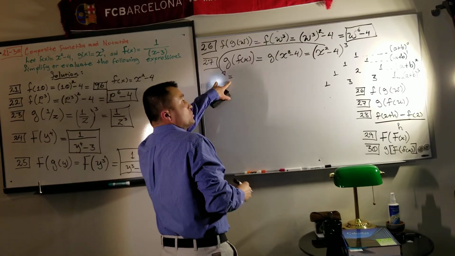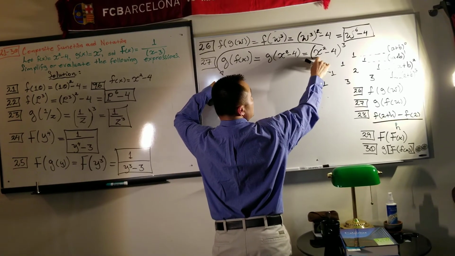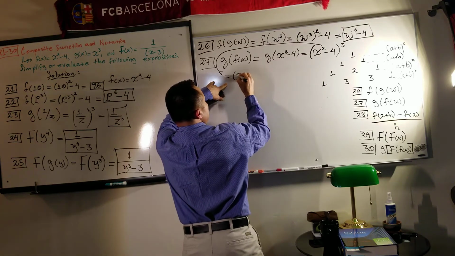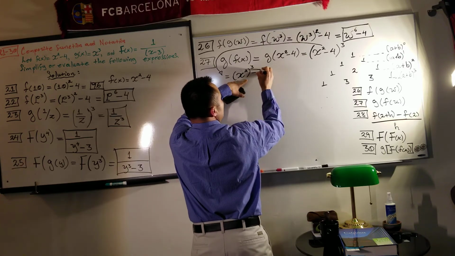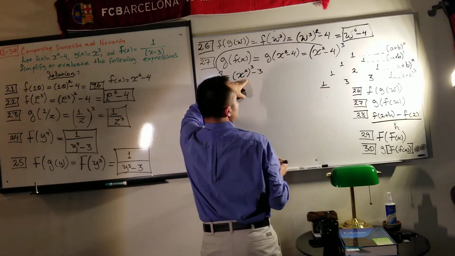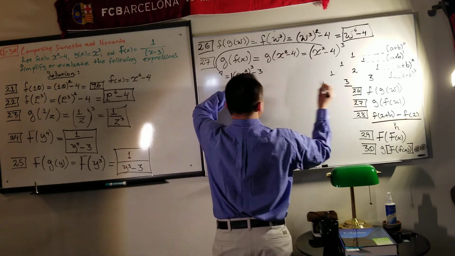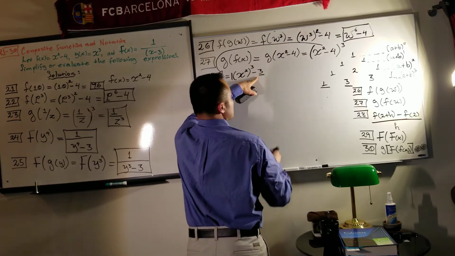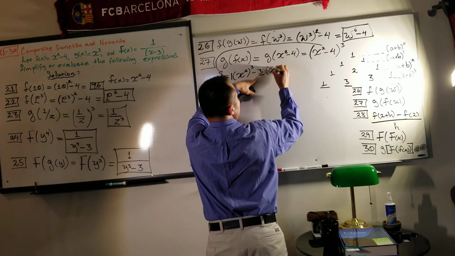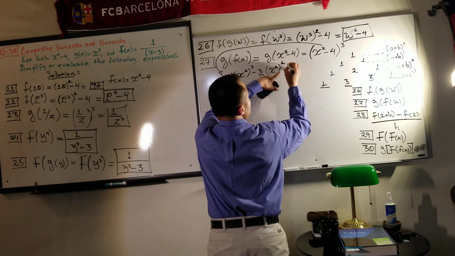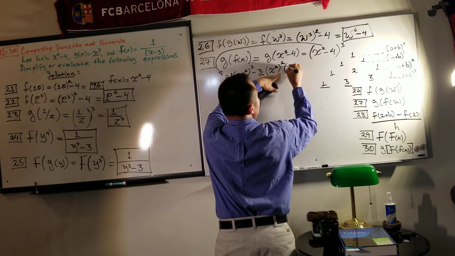This is going to be equal to the cube of the first term of this binomial. So basically, x squared to the cube, minus 3 times, and the coefficient in this case is 1. The first one is going to be 1, and then the second one is going to be 3, minus 3 times the square of the first term, in other words, x squared to the square, times the second term, which is 4,